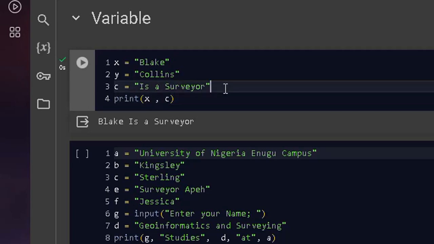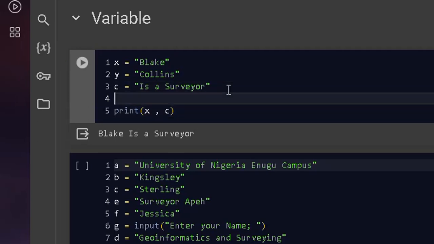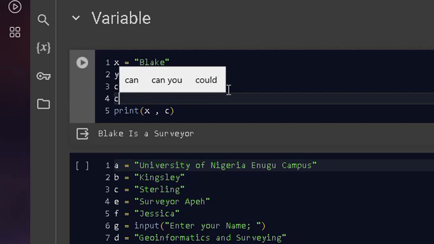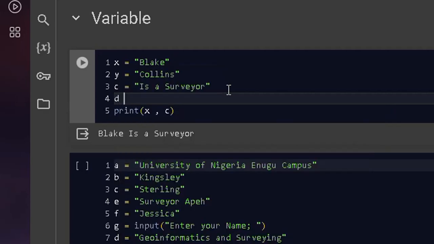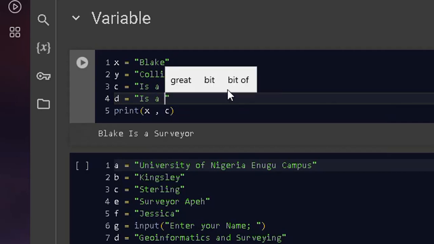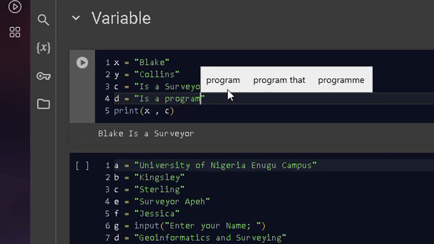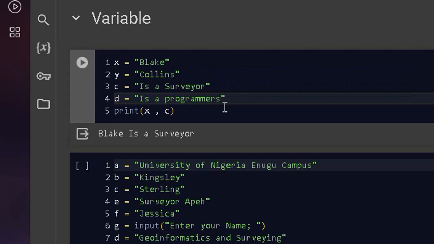I want to say print, then I will now say here, and I'm going to put D, and I'm going to say is a programmer. Now this is a programmer. Now it means that D is a programmer. So if I say